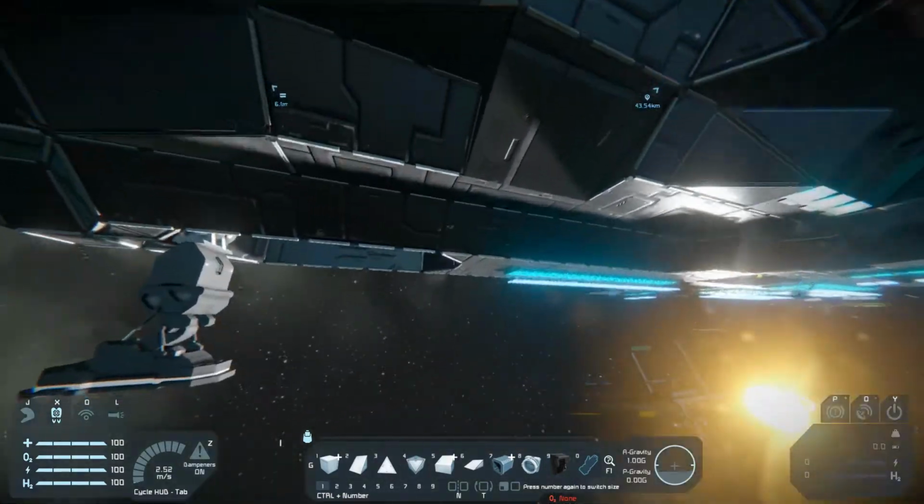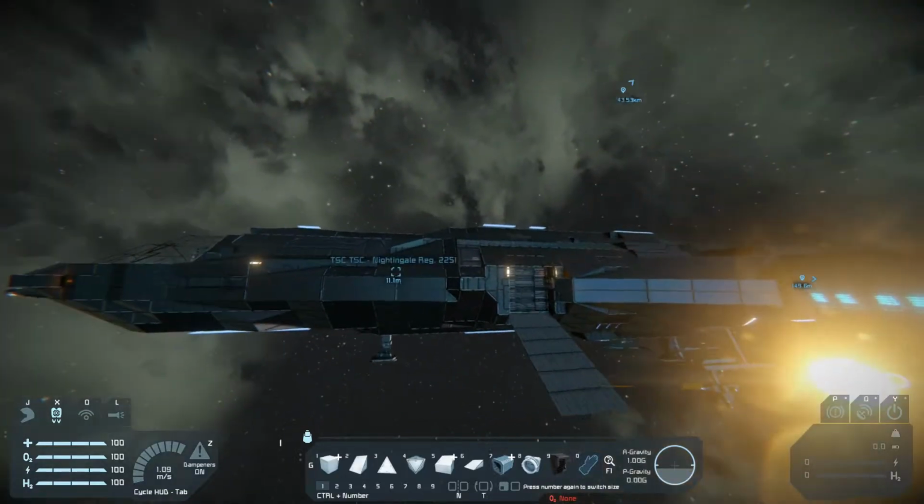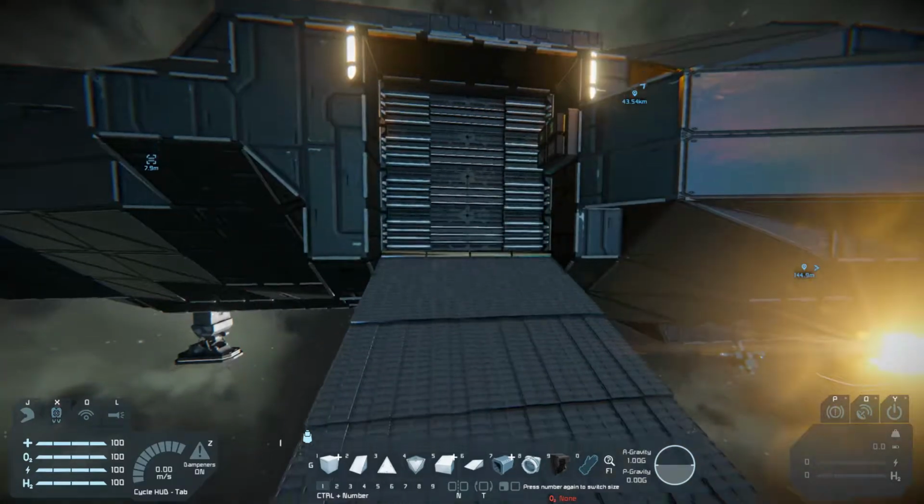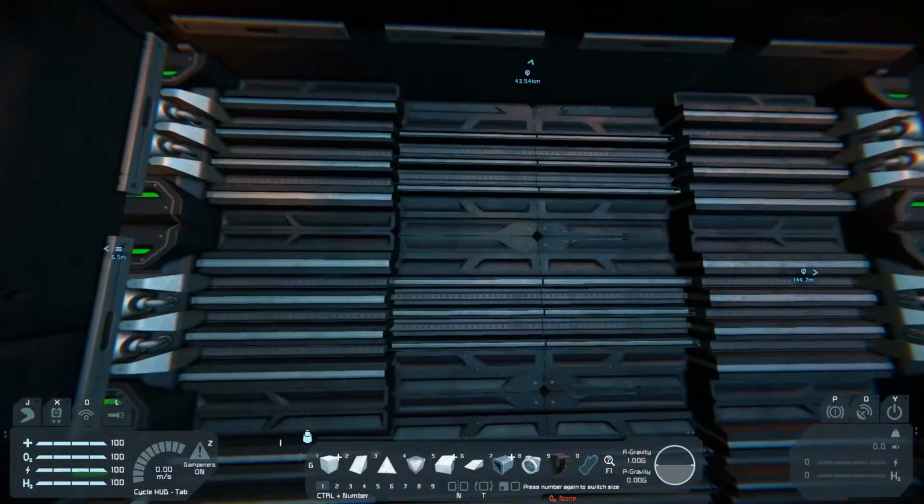So these can actually fold in, and the plane will be completely flat. Well, almost flat on the bottom. So let's go in here. This airlock works pretty